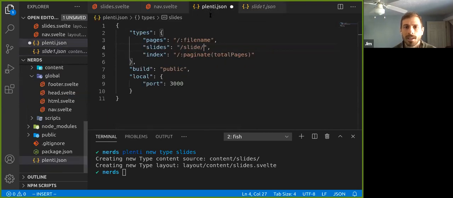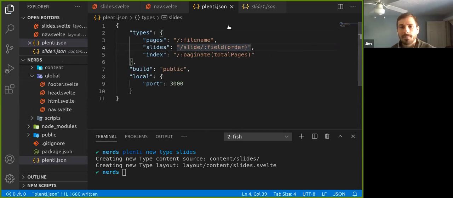So we can actually come in here and I can use a replacement pattern for getting a field value. And I can just get the order variable out of there. And that should be able to be used in my path now. So if I save that, then we can override that. So this will hook into our navigation that we set up.